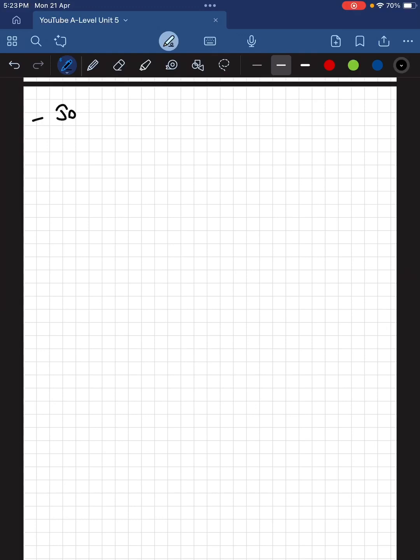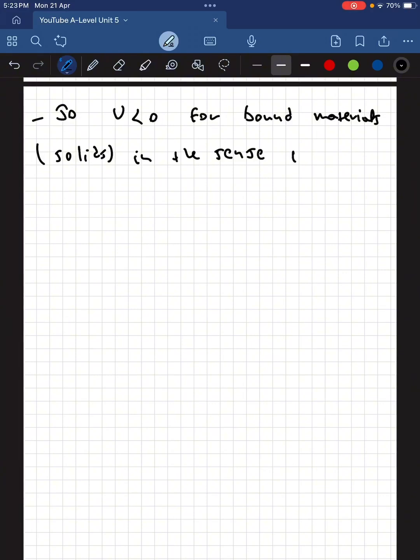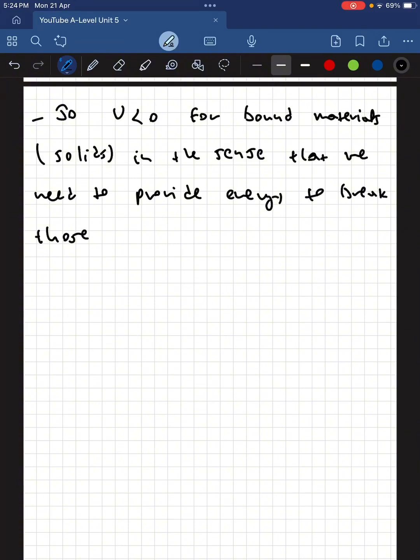So we saw that the electrostatic potential energy between ions in a solid is less than 0 for bound materials, which are solids. Okay, and it's negative in the sense that we need to provide energy to break those bonds, which is exactly what we saw in the simulation. It's less negative,